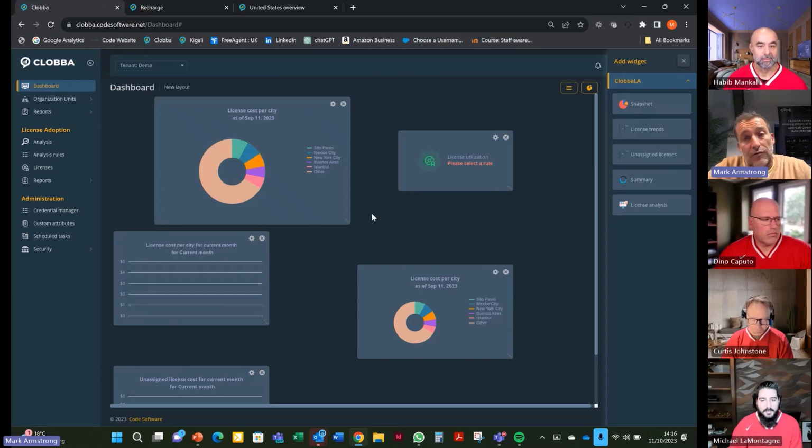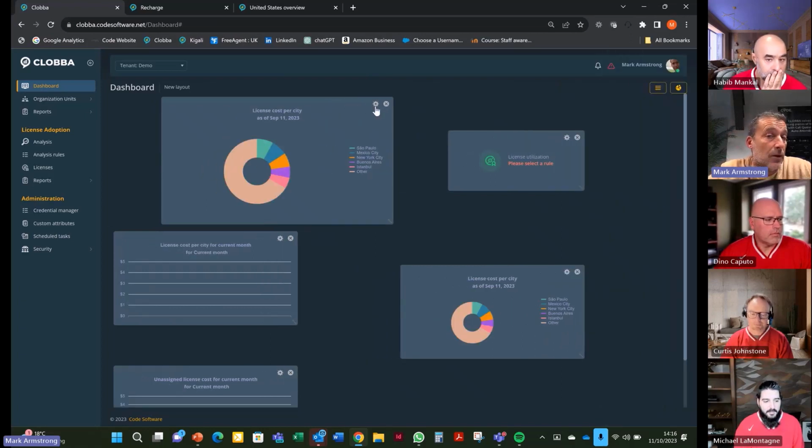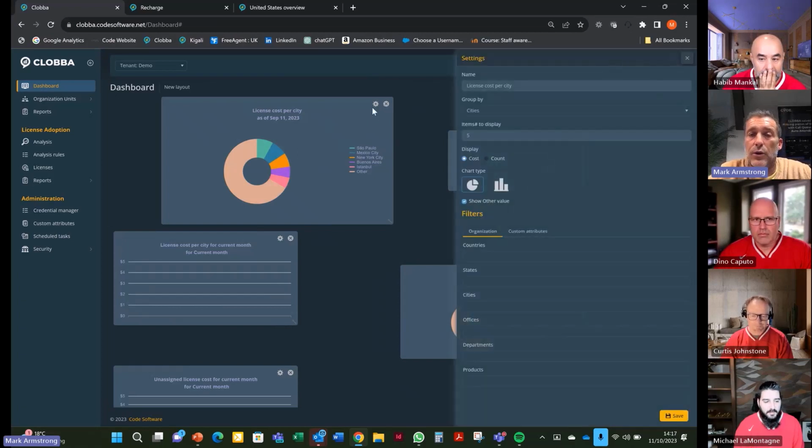So I can very simply drag and drop, resize, and create this dashboard layout to look exactly the way I want. Once I've brought the widgets onto the main page there, as you can see, I can go in and start applying filters to the individual widgets. So here on that snapshot view, you can see it defaults to license cost per city, but it might be that I want to look at count and not cost. So I can look at the license count,